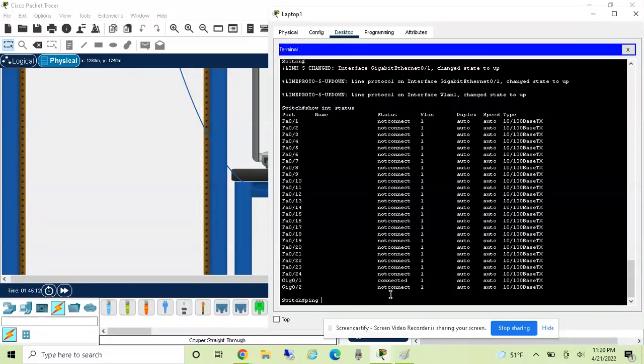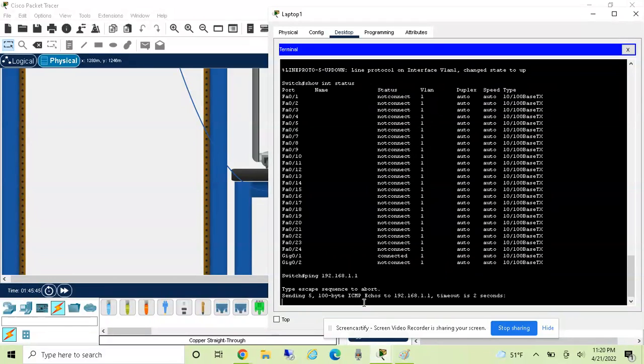So I'm going to ping. First you type ping, and what follows ping is the destination that you want to call. When you pick up your phone, you don't dial your own number, you dial someone else's number. So 192.168.1.1 is the IP address of the router. You don't need to type the subnet mask in here, just the IP address. If you're on the same network, you will communicate. So ping is the command, and then a space followed by the IP address of the destination that you are calling or pinging. Press enter,